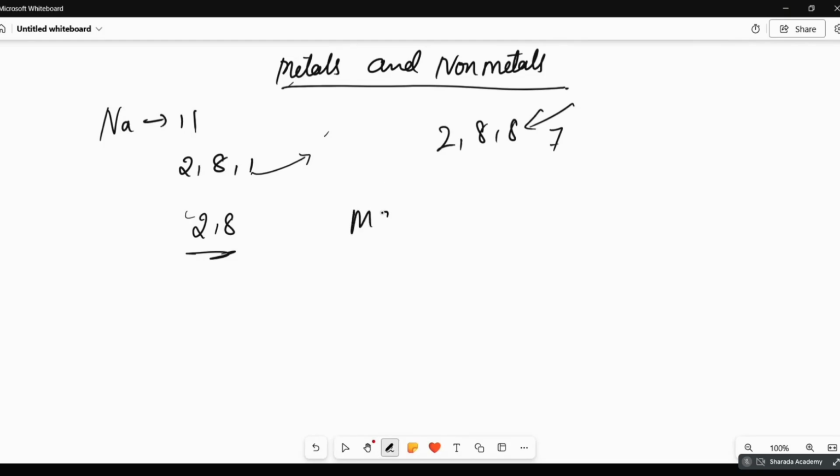Even magnesium has 2 electrons in the outermost orbit, so it will tend to give 2. Even calcium is like that: two electrons in the outermost orbit, so it is easy to give. Whereas when you take chlorine, a non-metal, its atomic number is 17, so the arrangement is 2, 8, 7. It is easier to take 1 rather than give 7. So they are electronegative in nature.